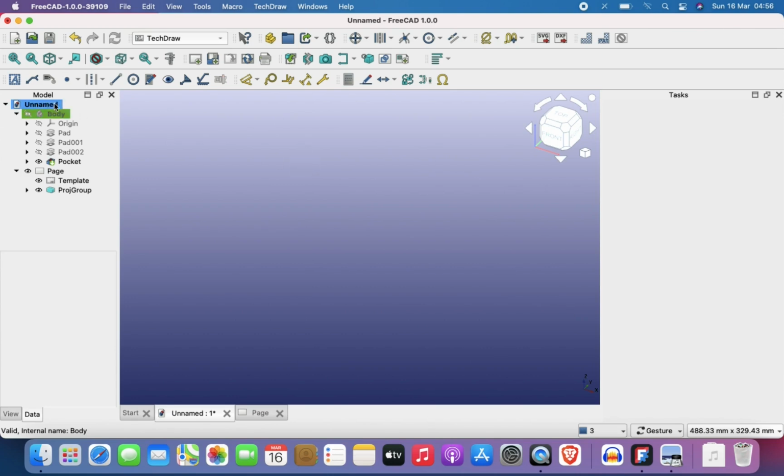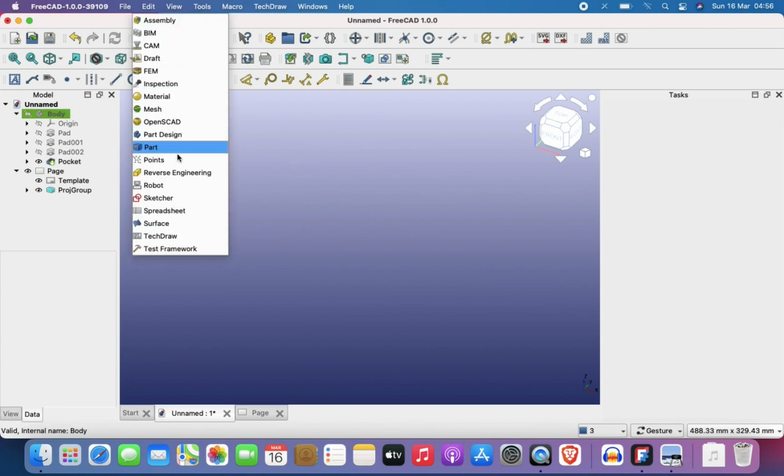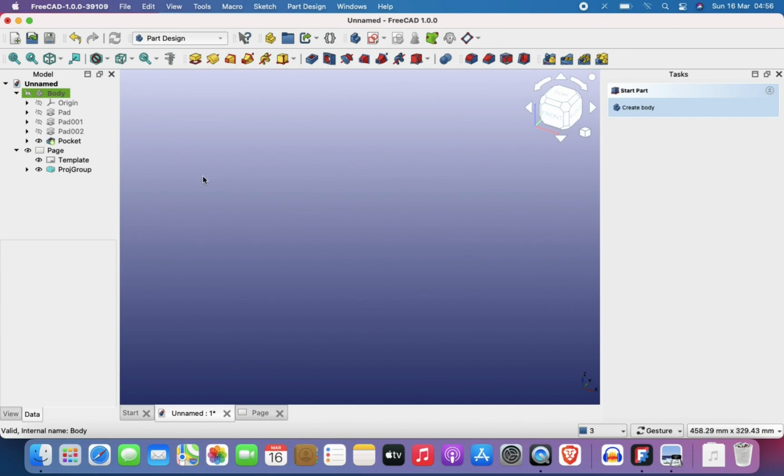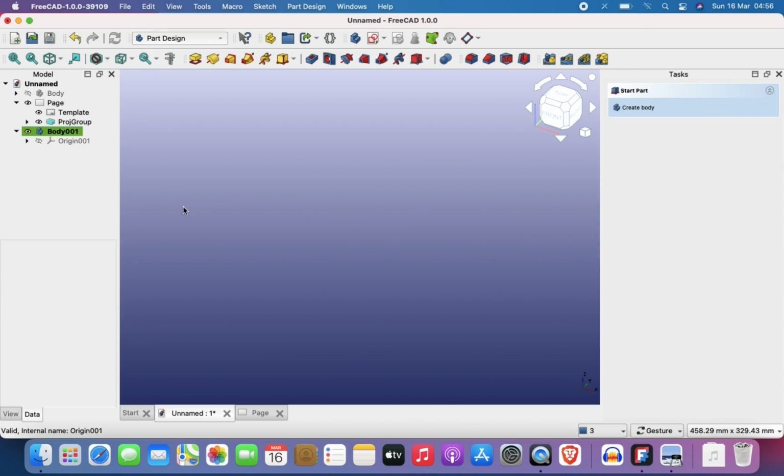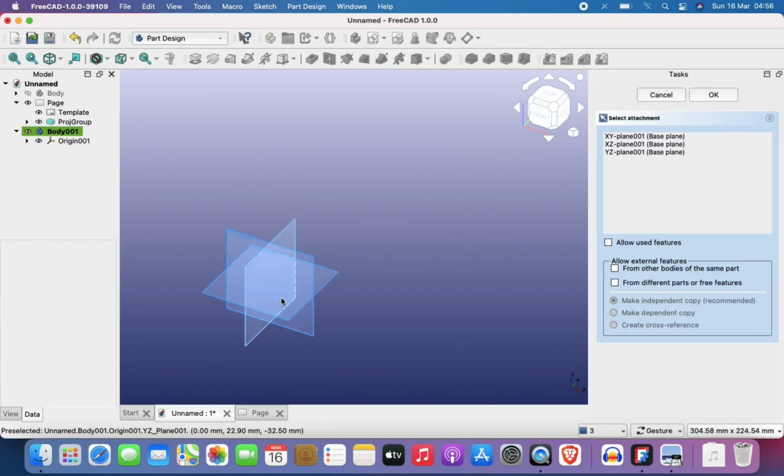You see that nothing appears, and then I'm going to go back to my part design workbench because I want to create a new body, and this is where you create a new body. This tool here, create body, and I'm going to click on it. So you can see it says body 001, and I'll just leave it as that. Then I'll create a new sketch. So everything I'm doing now is in this active body. This body 001 is the active body. So I'm going to create a new sketch here under the new body,